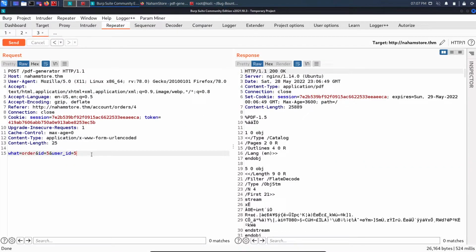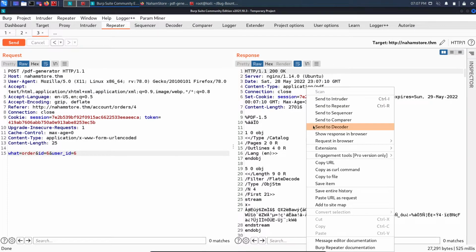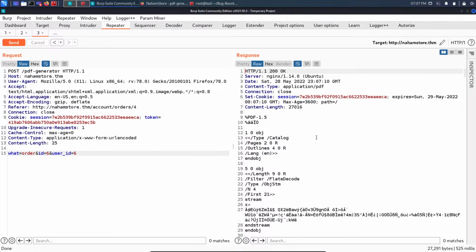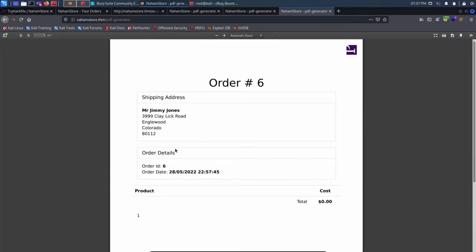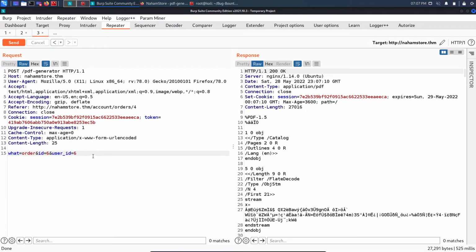So let's come back here, order number 6, send, show response in browser, copy and paste. I am having order number 6 right here as well, and this is again vulnerable to IDOR. Then I will do order number 7,